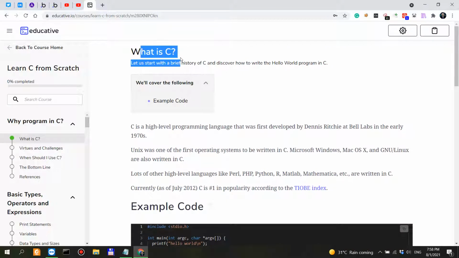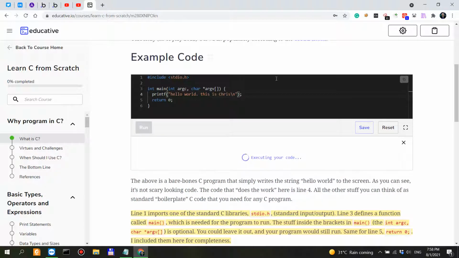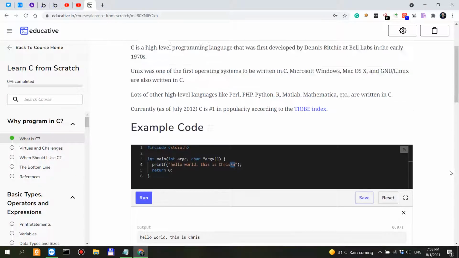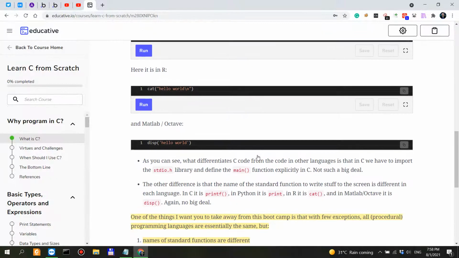Now, this is one of the lessons, and I'm saying it's interactive because you have example code here. Instead of hello world, you can say this is Chris, and then you can run it. So this is interactive learning. Hello world, this is Chris, and we have a new line over here. So yes, this is what makes it interactive.